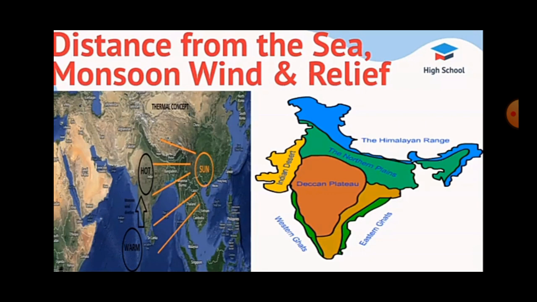Relief. The relief of India has a great bearing on major elements of climate such as temperature, atmospheric pressure, direction of winds, and the amount of rainfall. The Himalayas act as a barrier to the freezing cold winds blowing from Central Asia and keep the Indian subcontinent warm. Yes or no? What is the main duty of the Himalayas?